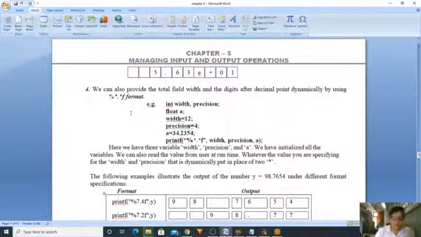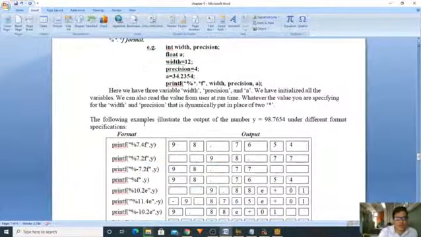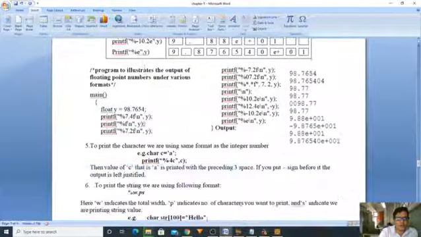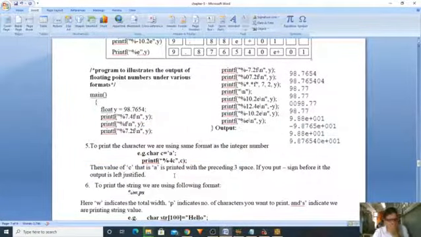The fourth format is %*.*, and we are moving to the fifth format of displaying the output. This is especially for character formats. To display character formats, once again you use the width.